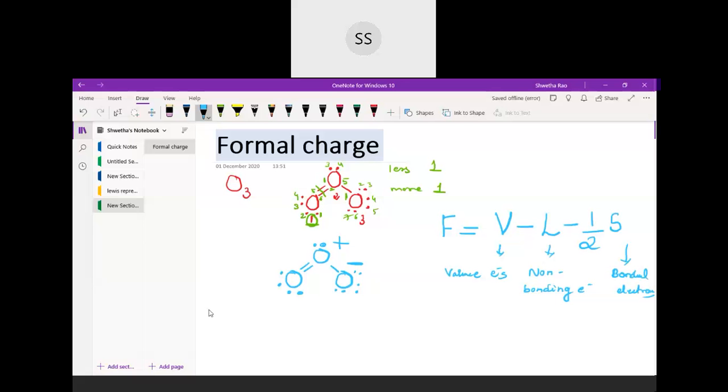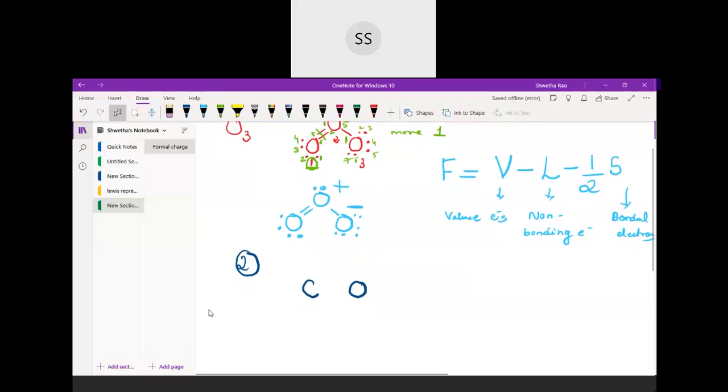Okay. Now I will take another example. That was the example we took yesterday. I'm going to take a second example, that of carbon monoxide. We have already done the structure. If you go back and check your book, you will see that there is a triple bond, and then 2 electrons on the carbon and 2 electrons on the oxygen. This is how the structure was.